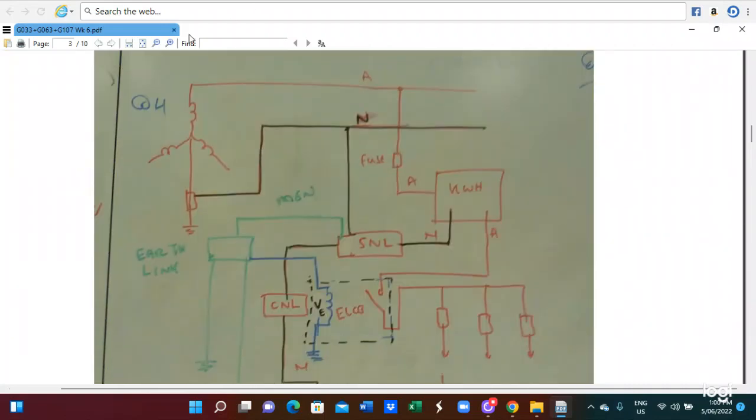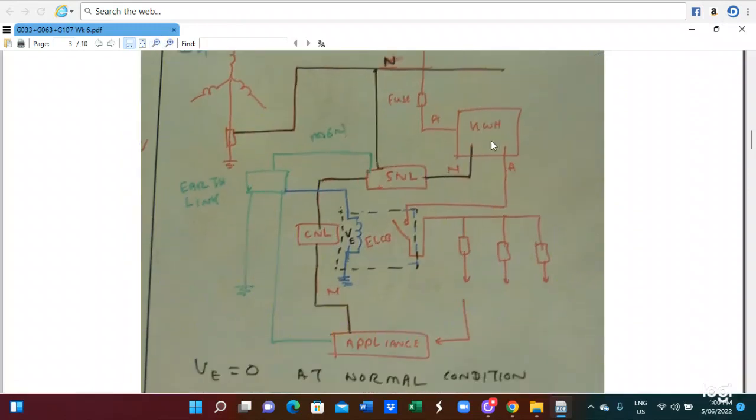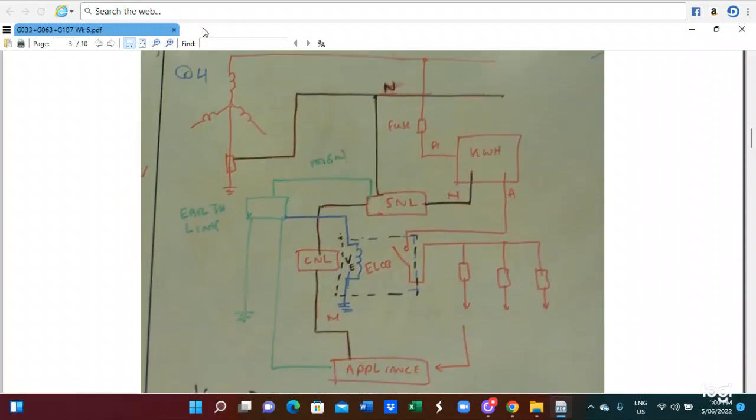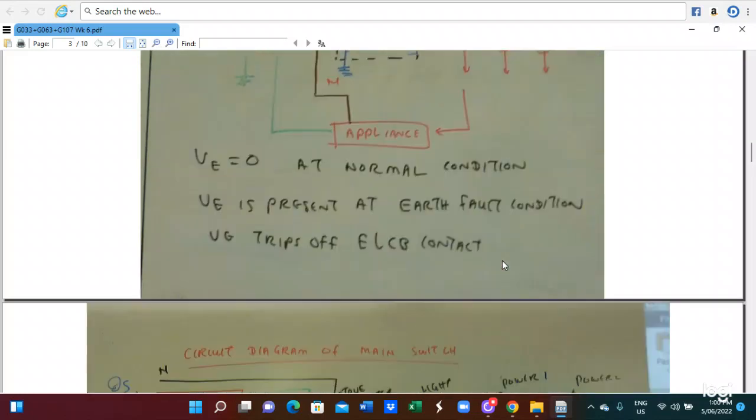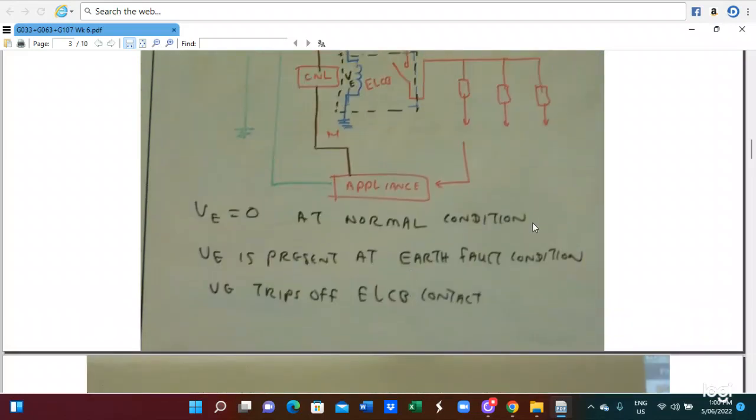Here is a connection of the ELCB and leakage circuit breaker. In this case, you can see the three-way line here. This is a kilowatt hour meter. This is the supply neutral link and the consumer neutral link. This is the active link. So this is the ELCB and this is the supply. When the fault happens, a voltage across the ELCB occurs. This voltage will trip off the ELCB switch. So VE is 0 at the normal condition, VE is present at the fault condition, and VE trips the